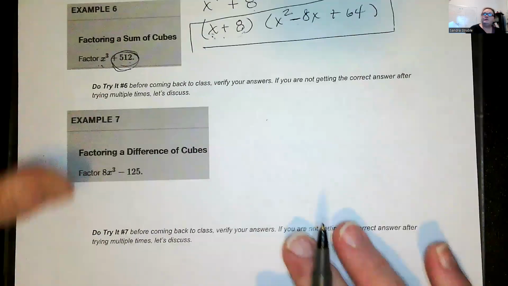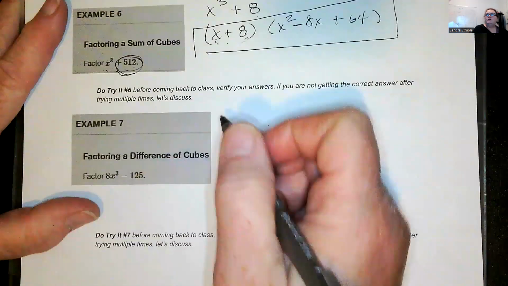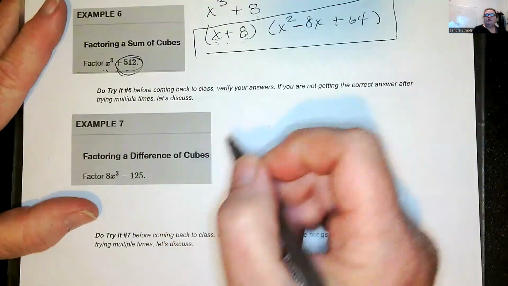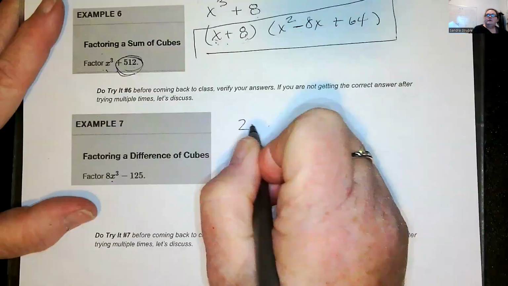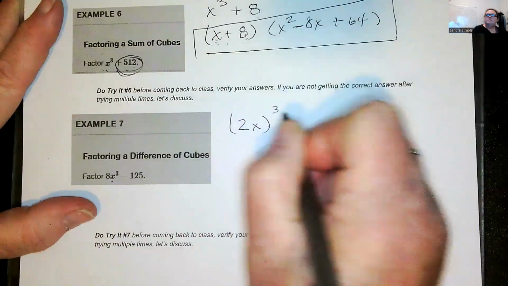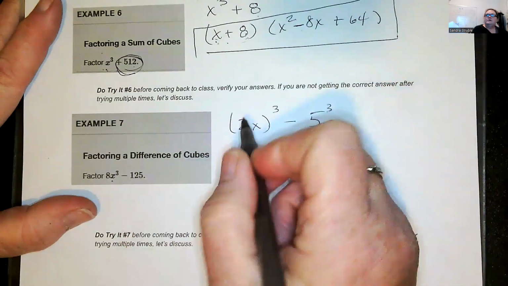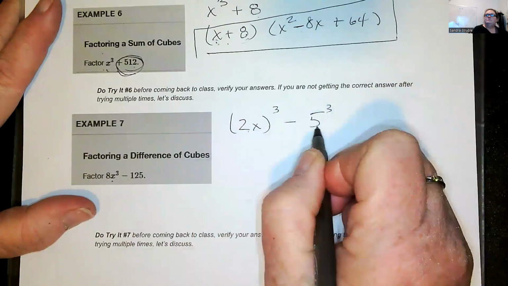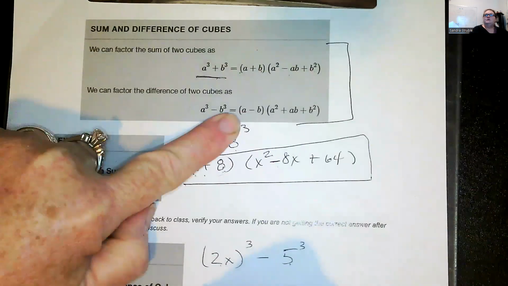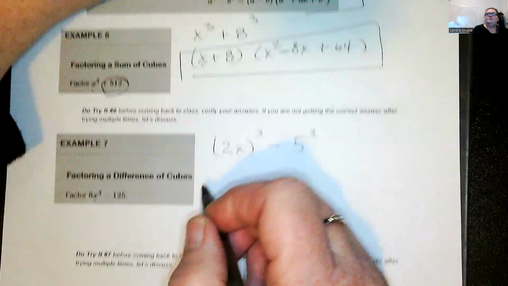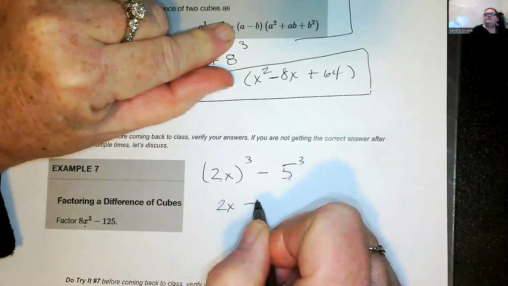Now for factoring the difference of cubes, I'm going to do the same thing. I'm going to take the 8x cubed minus 125 and break that down into my cubes. The cube root of 8 is 2, and then x, and that's cubed, minus 5 cubed is what that looks like. So there's my A, there's my B. Come up here, you've got A cubed minus B cubed is equal to A minus B. I'm going to keep this where you can see it. So 2x minus 5